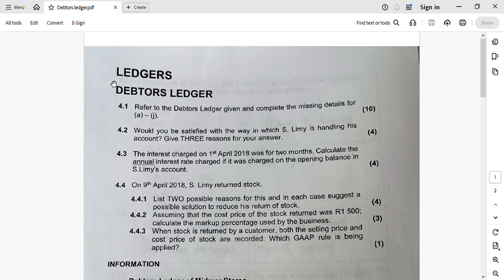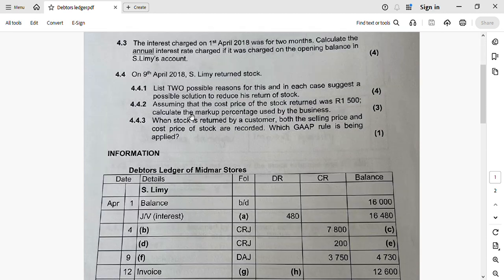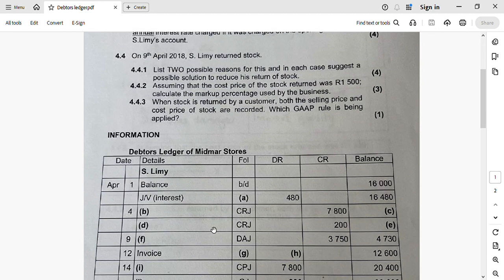This question is on debtors ledger. In this question, they give you a debtors ledger and then they ask you questions. So the first thing they ask you to do is to refer to the debtors ledger and complete missing details for A to J. So if we have a look at the debtors ledger that we're given,